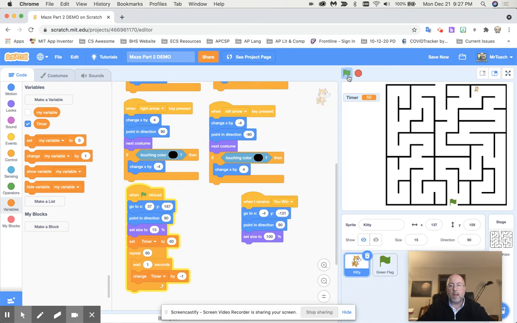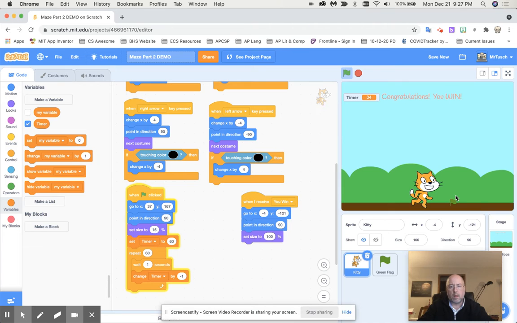Now, wait a second. I'm sitting there trying to race through this and beat the clock. And what's going to happen if I win? If I get to this down here in 60 seconds, I'm going to cheat. I'm going to bring it right down here. And I'm going to say, if I get there in 60 seconds, well, of course it'll win. And that's great. Congratulations, you win, and I get the message. That's fine, right? But what if,